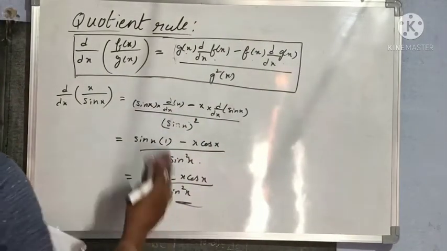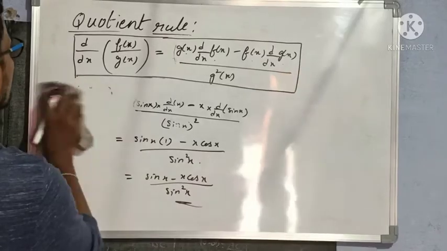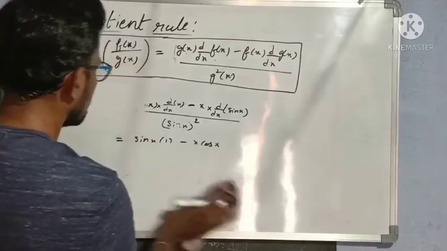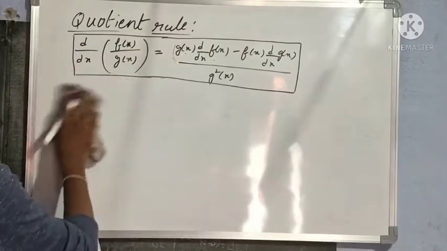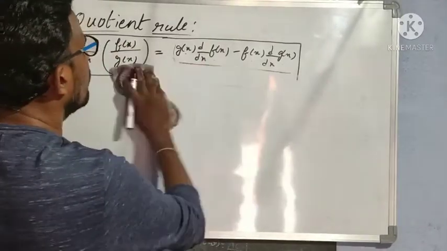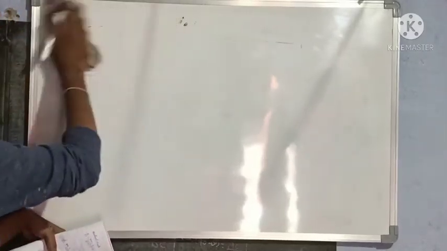Okay, we'll use x by log x. If not, no need. I hope up to here everybody understood. Now let us move to chain rule. Then afterwards we'll discuss some more examples. So now, next rule is chain rule.